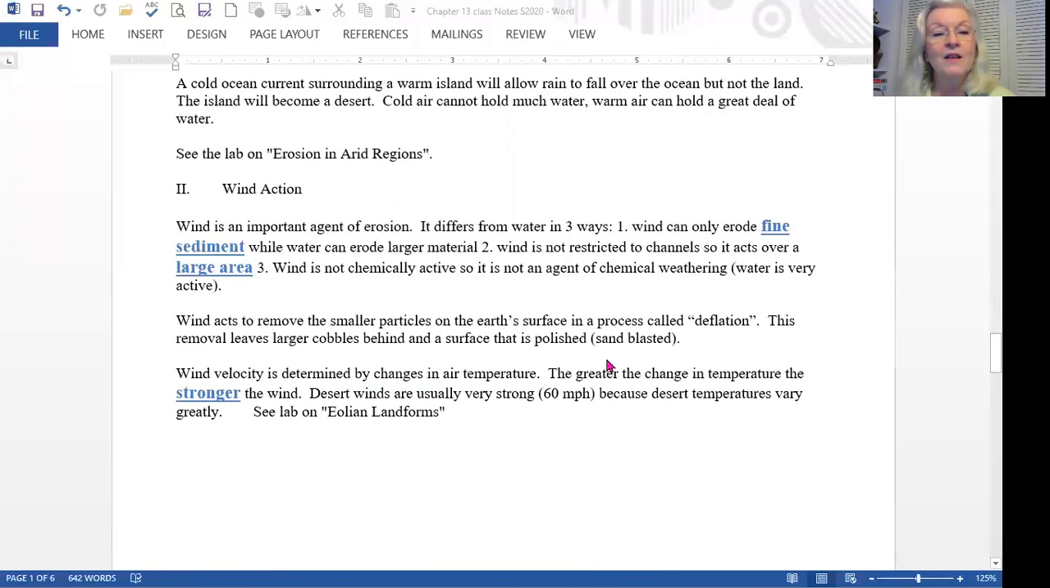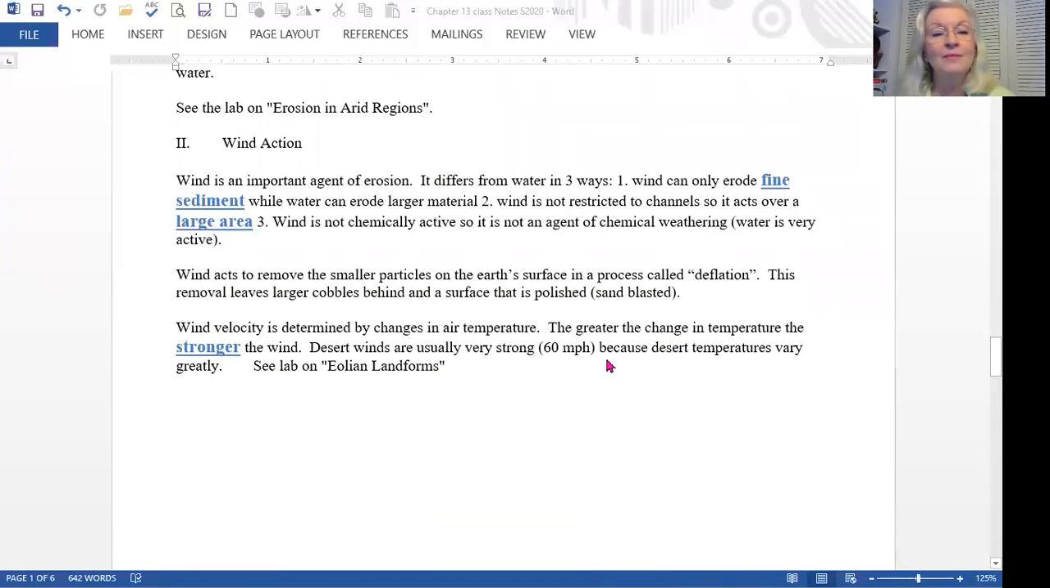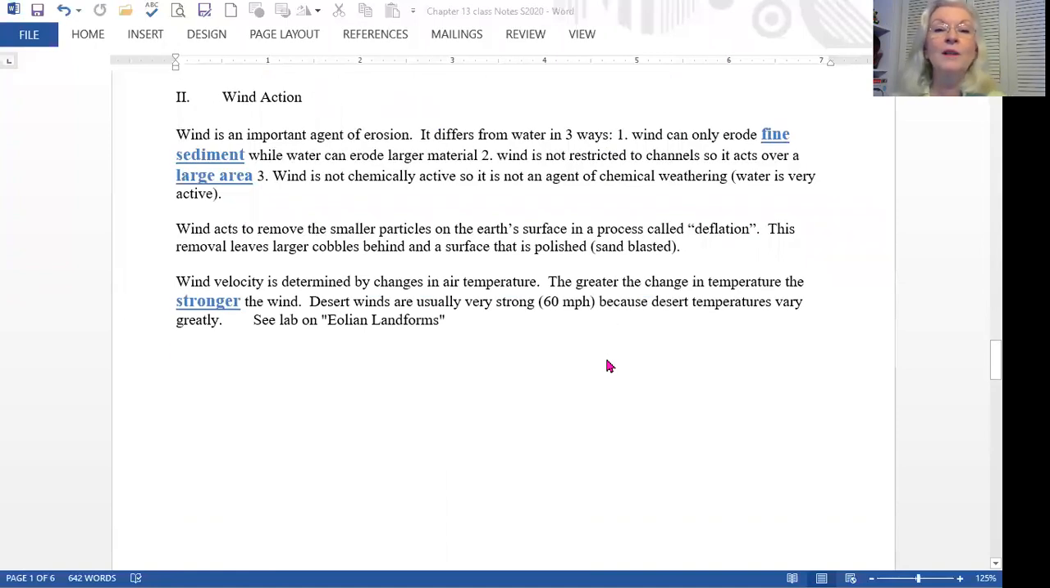So we need to discuss wind action. Wind is a really important agent of erosion. It differs from water in three main ways. Wind can only erode fine sediment, where water can pick up larger materials and carry them. Wind is not restricted to a channel, so it acts over a really large area, whereas water stays in its